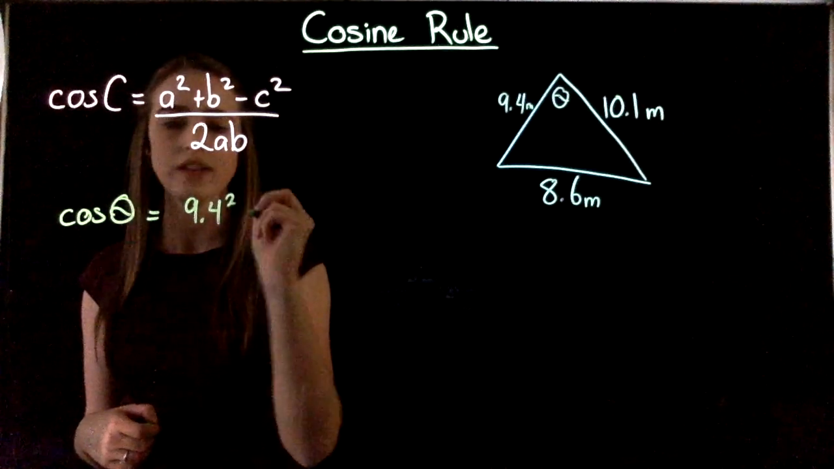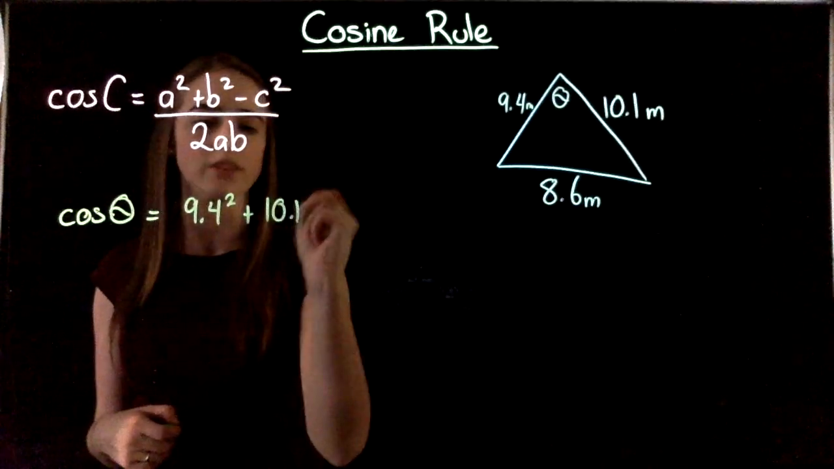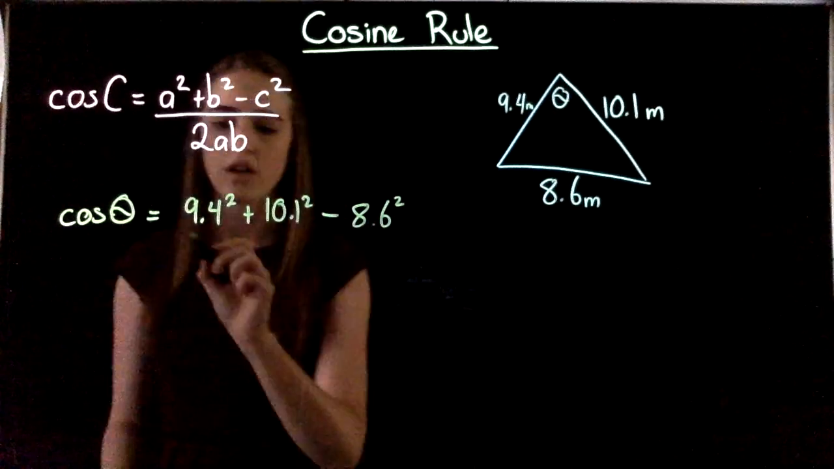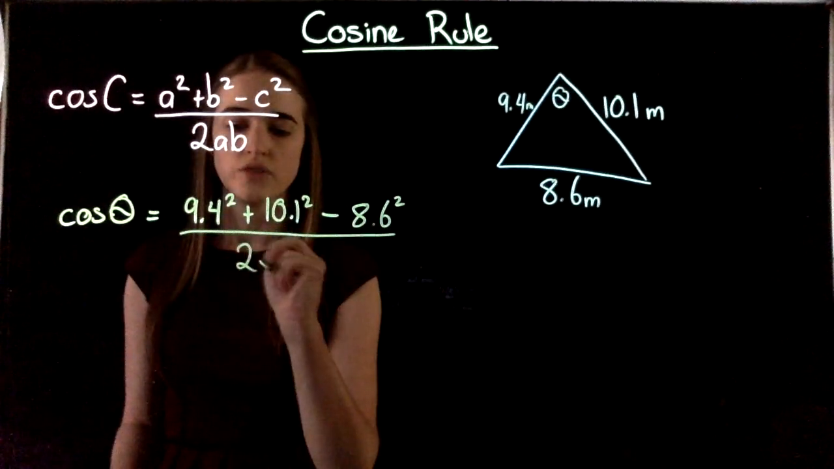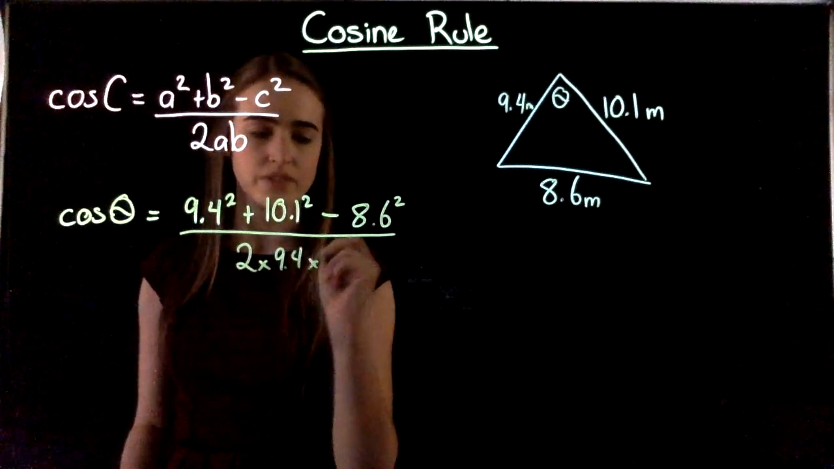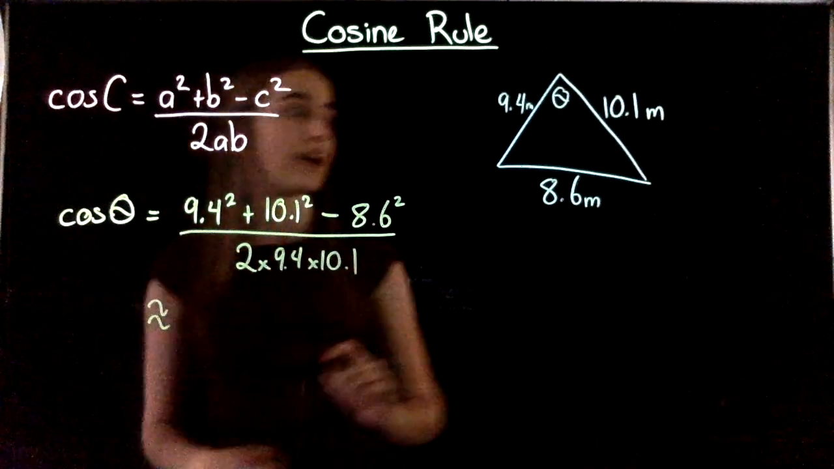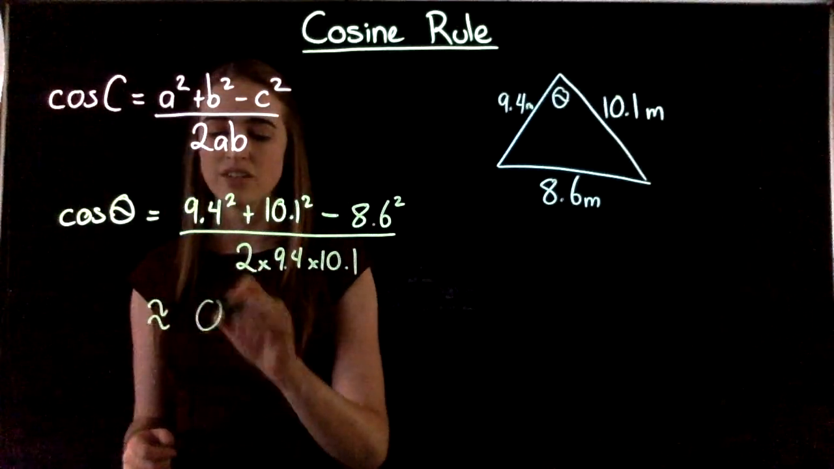So if we plug those things in, we're going to have cos theta is equal to 9.4 squared plus 10.1 squared minus 8.6 squared, over 2 times 9.4 times 10.1. Now if we put that whole thing in our calculator, we're going to end up with about